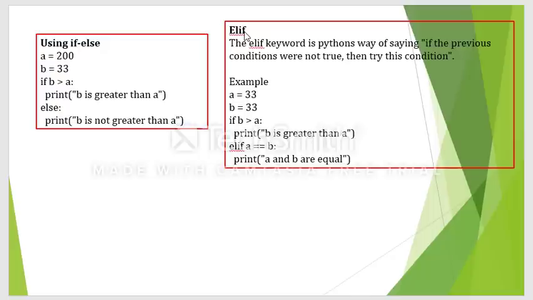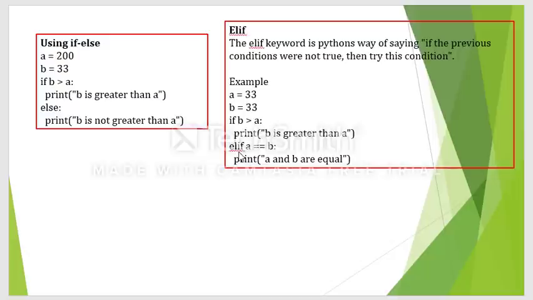Elif means you want to check one or more conditions. Generally we call this an else if ladder in other programming languages. So see here, for the first condition B greater than A, if that condition is true, then you will execute this statement, print B is greater than A. If that condition is not true and you want to check another condition, then we need to use this elif. So try to remember this.